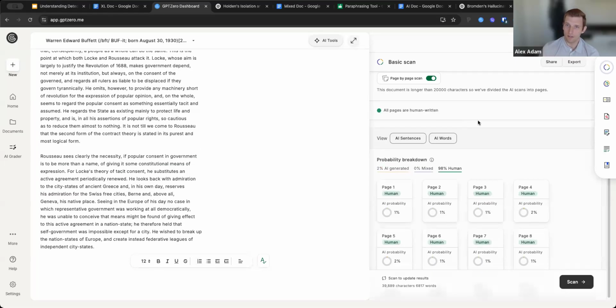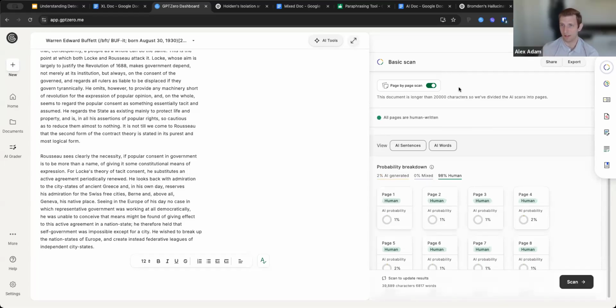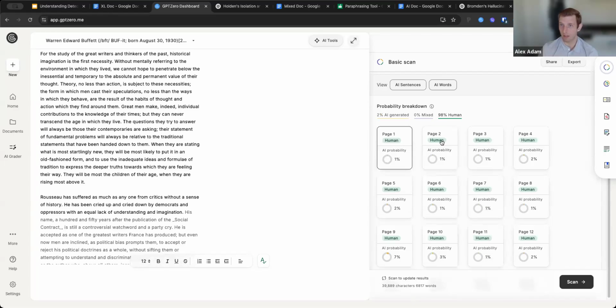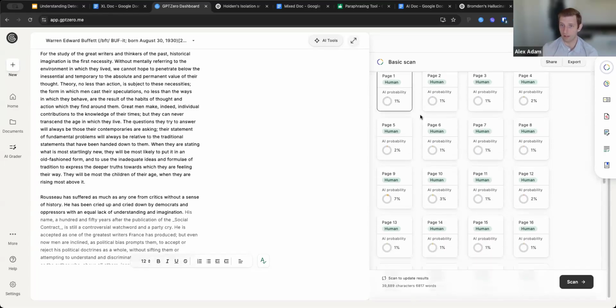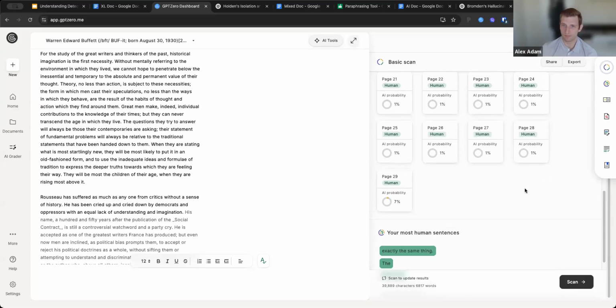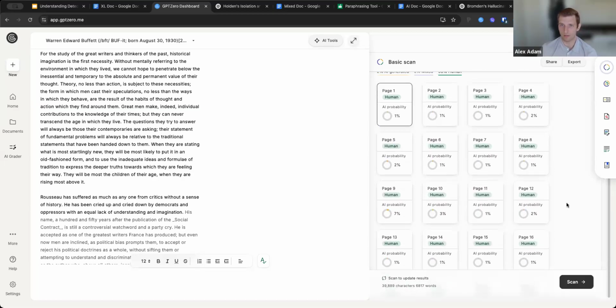Awesome. And now you see, instead of having this, oh, we're highly confident that this text is AI or human, we now have per page results. So you can look at one page at a time and say, okay, is this page human or AI? Is this other page human or AI? And you go through all the pages. And these happen to all be human because I just copied and pasted this in from a pretty old book. So this becomes useful when you have very long assignments, or maybe somebody's submitting their thesis, let's say.